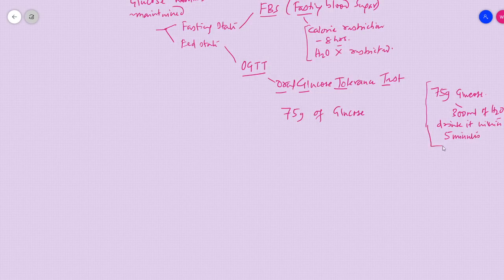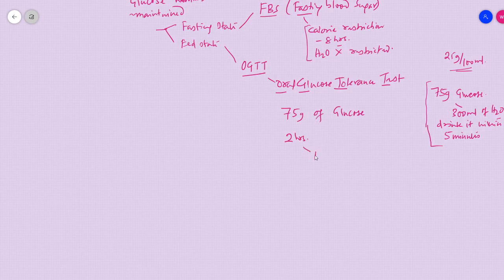So that's how it is. 25 grams in 100 ml, so that's how we get 75 grams in 300 ml. Let me write it down here, 25 gram per 100 ml. So that way, 75 grams of glucose is administered, and then after 2 hours, again, blood is